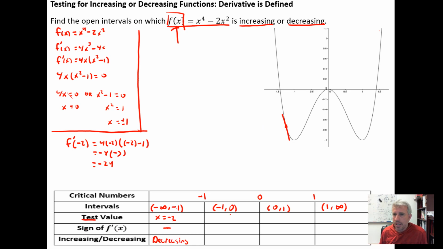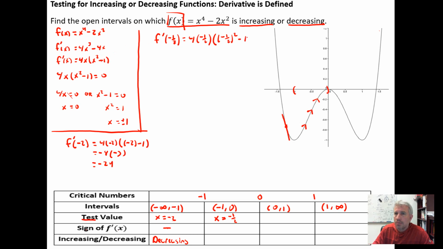And then I just step to the next interval from negative 1 to 0. I see that the function is increasing, but we want to use calculus to verify that the function's increasing. So I look at the open interval from negative 1 to 0. I pick a test value in that interval, so the number negative 1/2 is in the interval from negative 1 to 0. Plug negative 1/2 into the derivative, so calculate f prime of negative 1/2, which is going to equal 4 times negative 1/2 times negative 1/2 squared